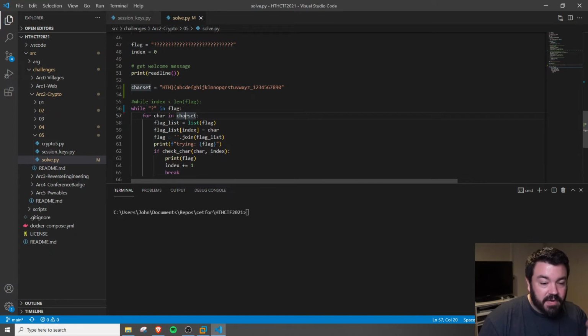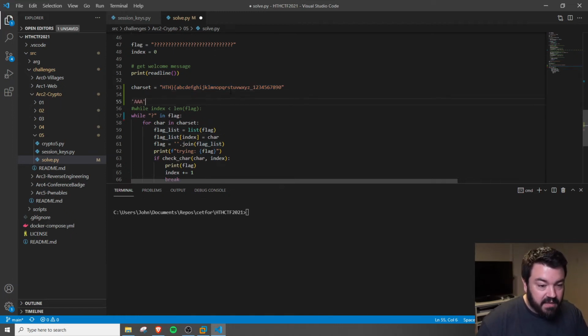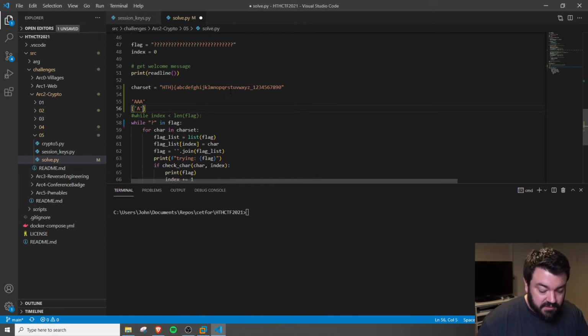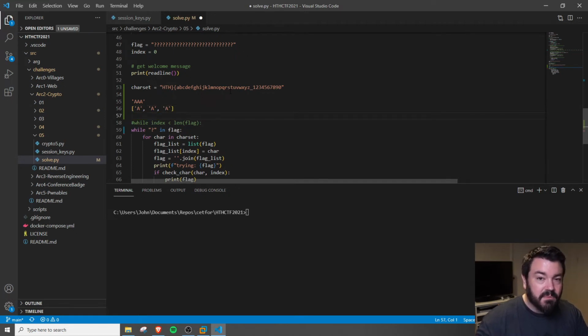Inside of this char set, what we're going to end up doing is evaluating the flag. So the flag here is all question marks. We're going to split this up into a list. And then for our current index, we're going to replace that with a guess character from the char set. So what this is going to do is it'll take something like an input of AAA, and then it'll split it to a Python list like this. Okay. And then it will pick the index. Computer science people always start at index 0. So it'll take the first index and it will put it from the first character in char set, which is going to be an H. Oops. So replace it with H,